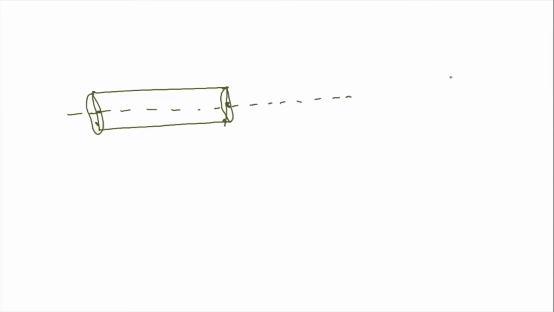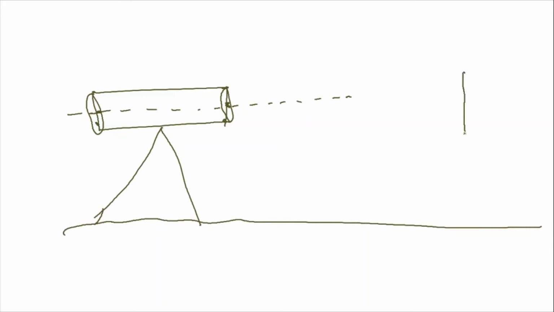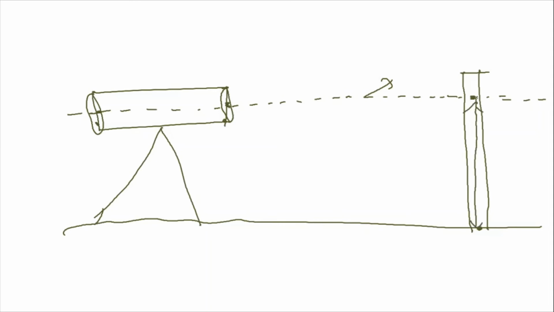Then the next one is staff reading. So what is staff reading? Here we are keeping the staff, and this is our line of sight. Okay, this is our line of collimation. So the distance between the line of sight and the station, that is called the staff reading. But which kind of distance is it? It is the vertical distance. So the vertical distance between the line of sight and the station is called the staff reading.